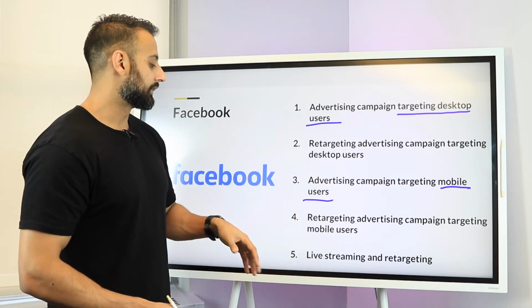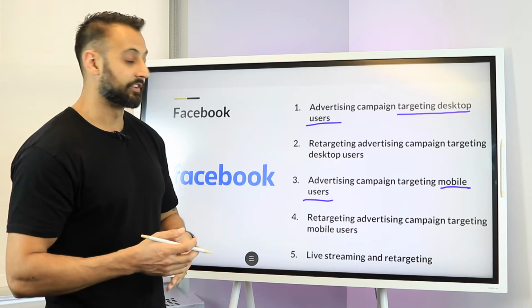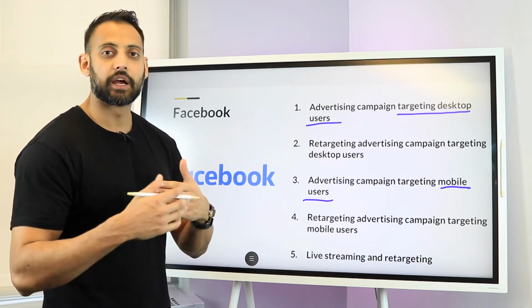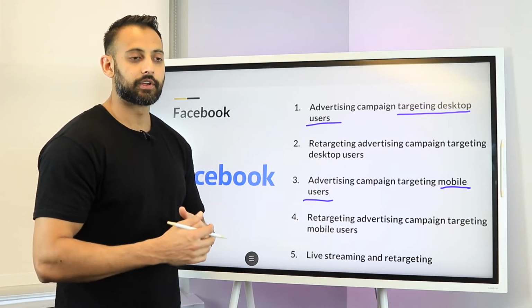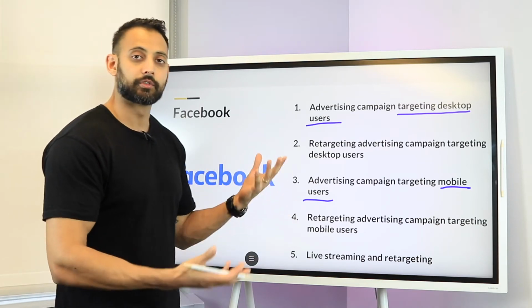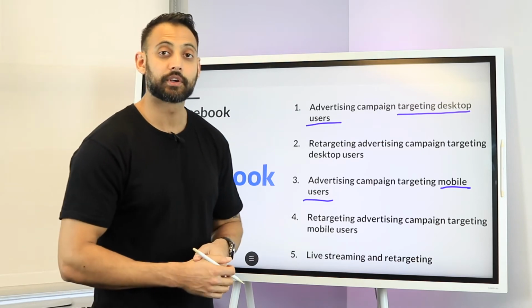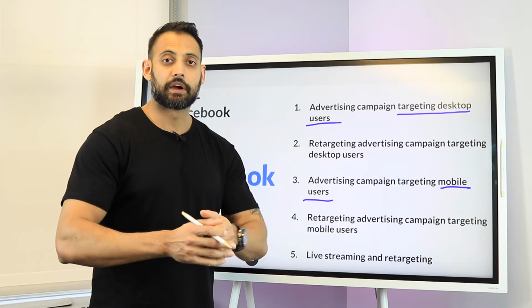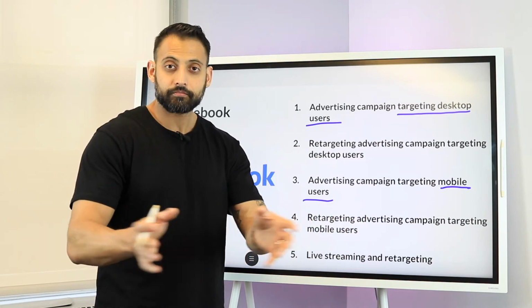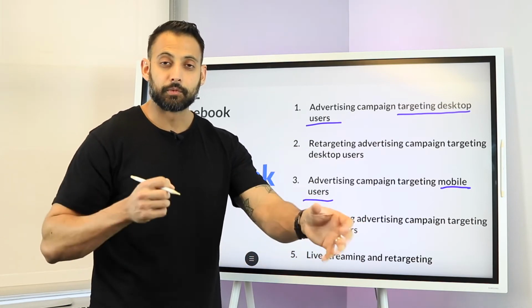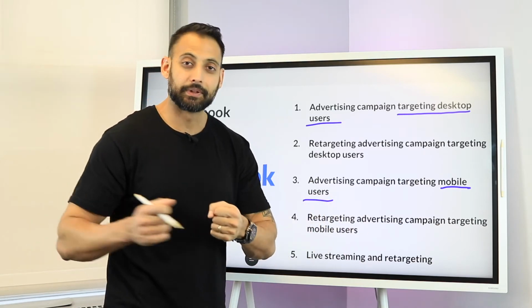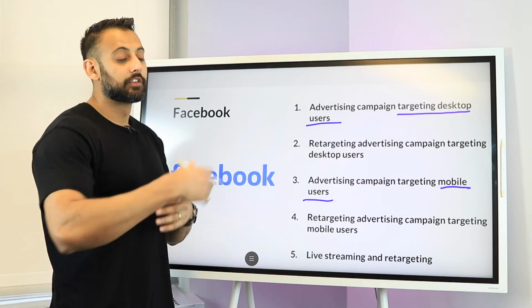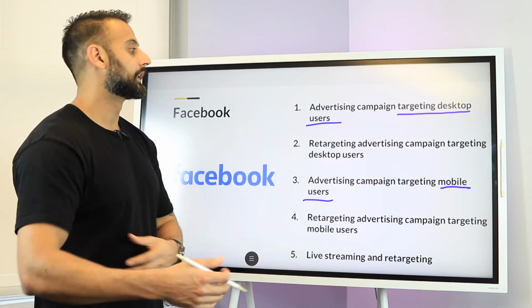Live streaming is an algorithm. It works off an algorithm that Facebook's putting a lot of effort in, at least right now, in prioritizing anyone who's live streaming anything. So if you're doing a live, for instance, this teaching module here, if I was doing this live on Facebook, the longer I did it, the more people that watched it, the longer they were engaged with it, the farther out it would reach. Facebook would be trying to put this in front of as many people as possible, to pull as many people in to watch this. And the longer they stay in there, the more powerful that algorithm becomes.